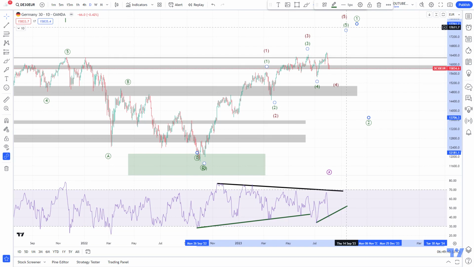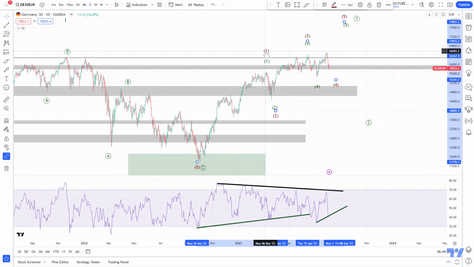However, there are some other scenarios possible here, and I put one of them already on the chart, because I believe there's a good chance that this one plays out. I cannot make it my primary scenario, but there's a good chance that it plays out if I take everything into